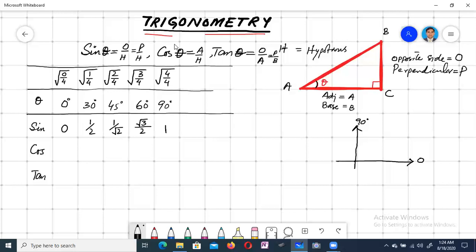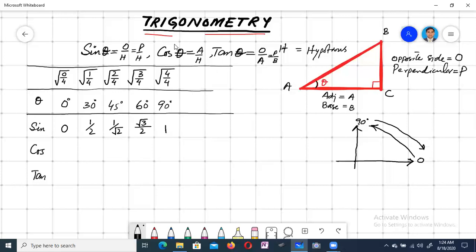In the first quadrant, or in each quadrant, the values of sine and cosine are reversed to each other. As the value of sine goes from 0 to 90, the value of cosine goes from 90 to 0. The value of sine 0 is the same as the value of cos 90, and the value of cos 0 is the same as the value of sine 90.